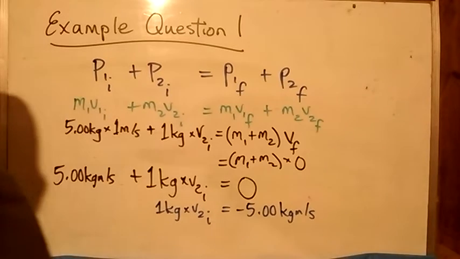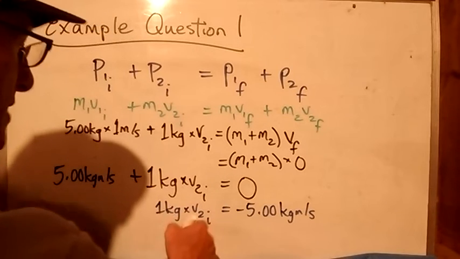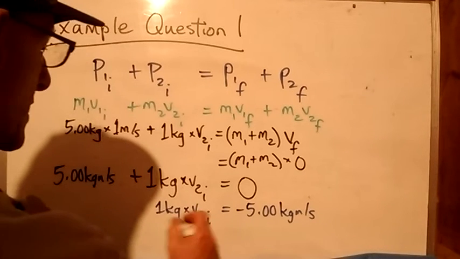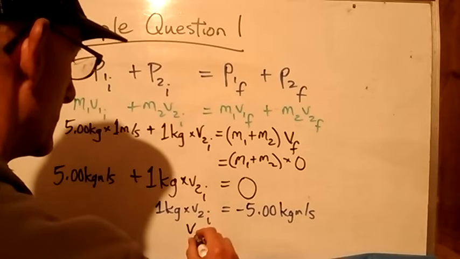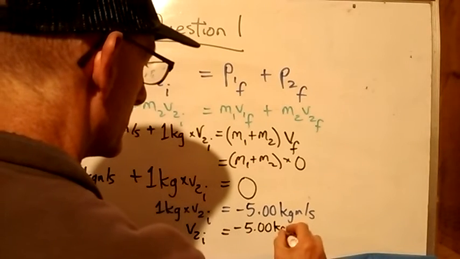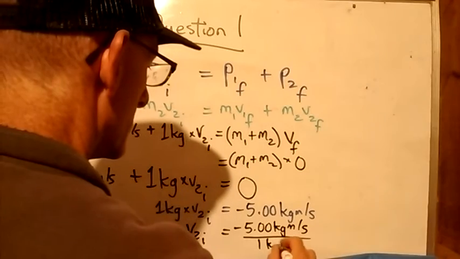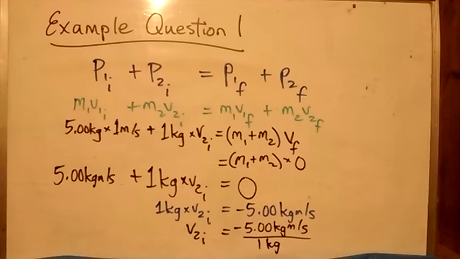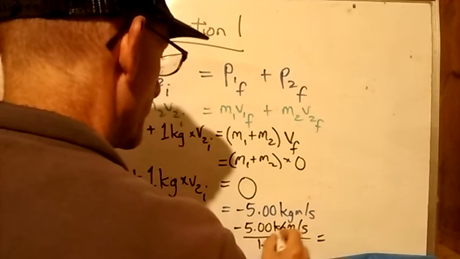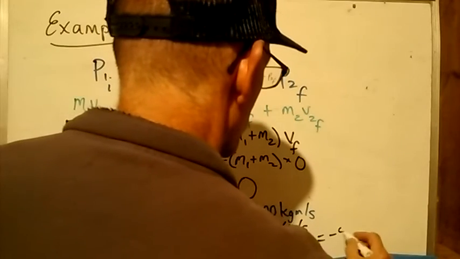And then just to finish up the math, I want to divide this entire side by the 1 kilogram. I just want V2 initial, what the speed of the fish was in the first place. So divide this whole side by 1 kilogram, and then divide this side by 1 kilogram. And of course the kilograms cancel, and I'm just left with minus 5 divided by 1 in meters per second. So minus 5